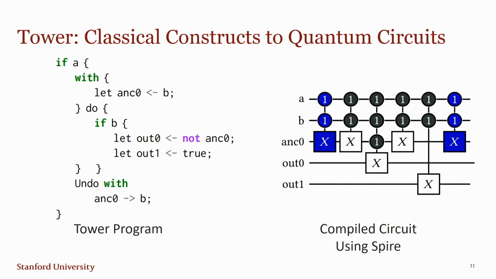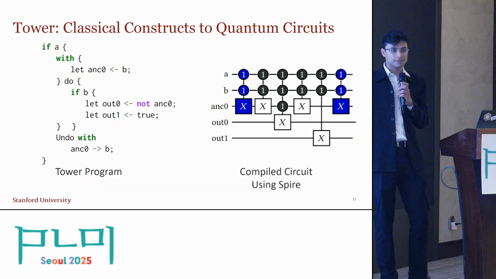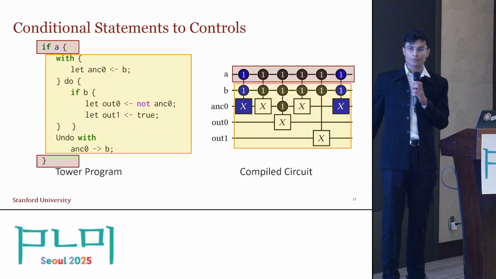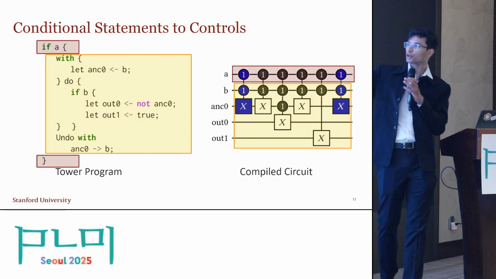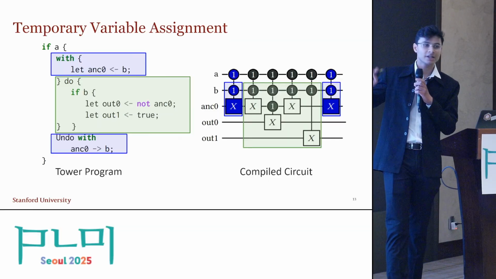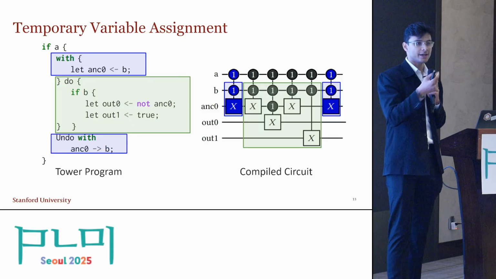Now we can look at circuits from control flow languages as well. Tower is one such language. It basically allows you to write code that looks like classical code, but deals with quantum variables. And we can compile this to a circuit with compilers like Spire, which is particularly focused on Tower. In this compilation process, control statements basically become controls on your quantum circuit. And any temporary variable assignment can be handled by the with block, which allows you to instantiate temporary results,